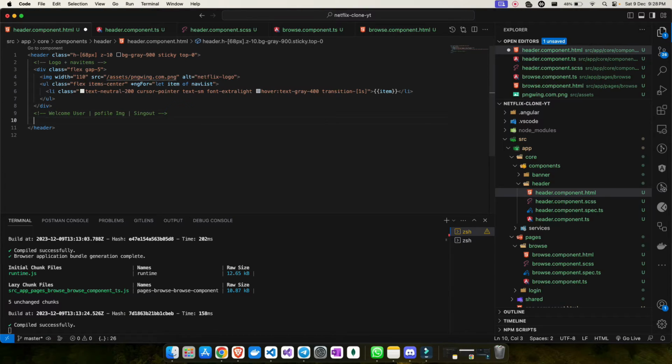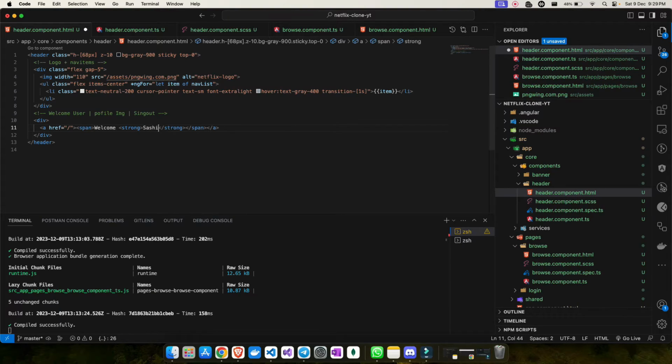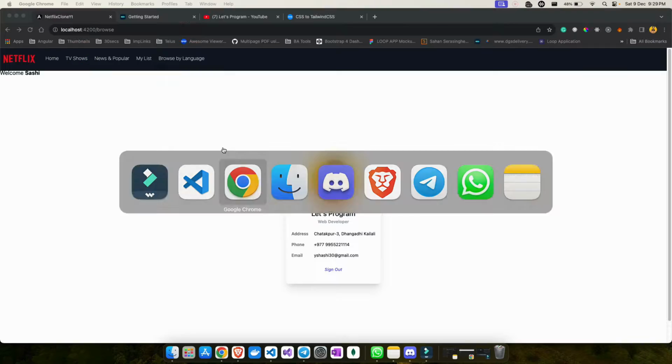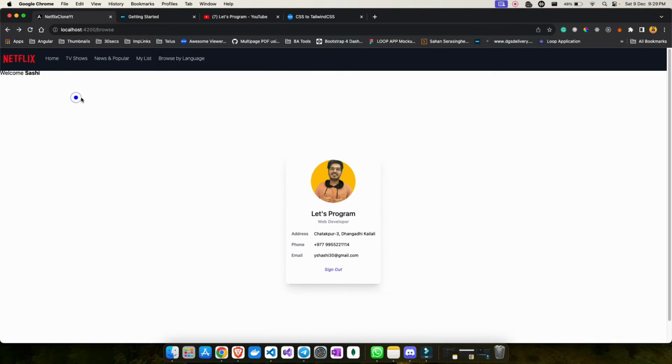So for that, we'll again take a div, a master div, and inside that you will have a welcome user, something like this, an a tag, which is fine at the moment. And you will have a span tag, you will say welcome. And just after that I can add a strong tag inside this span itself, and I'll say username, which for me is Shashi at the moment. So that's my expectation. And if I go here again, it is coming down because I don't have that at the moment. So welcome Shashi is there, so I need it again flex, correct?